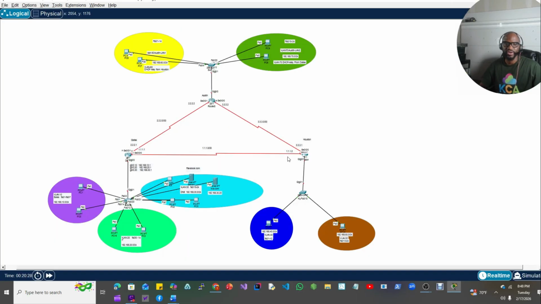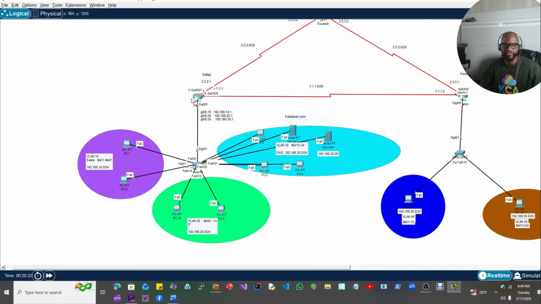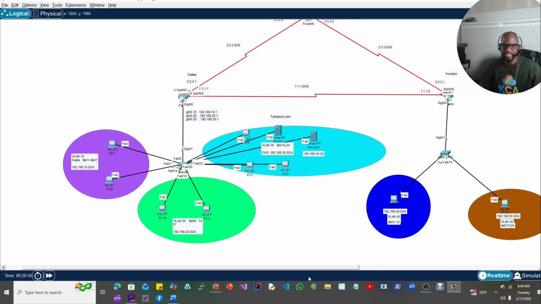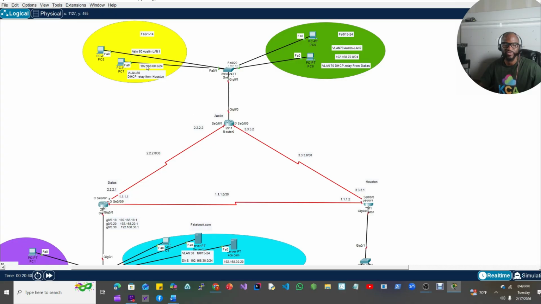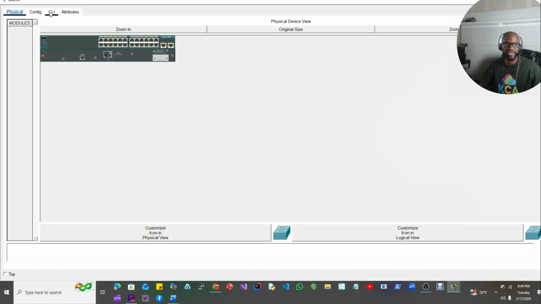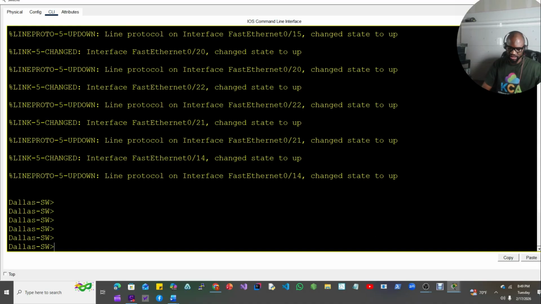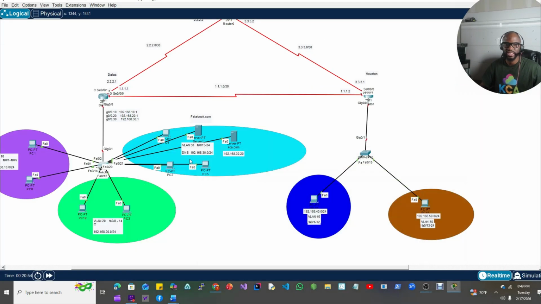All right, so here we are. This is our Packet Tracer topology. So we have VLAN 10, 20, and 30 in Dallas, and also 40, 50 in Houston. Austin router will have VLAN 60 and VLAN 70. So let's get started with the Dallas router first. So let's start with the switch. So we're going to name this switch Dallas switch. It already has a name on it. One moment, guys. I need to disable DNS on it. In the meantime, let's start with the Houston